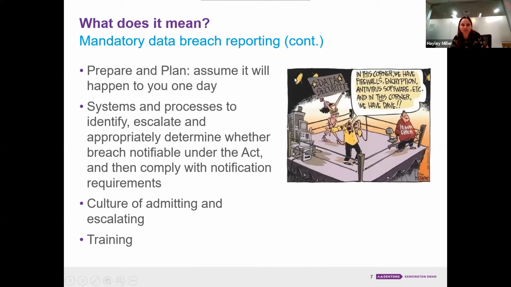So what do you need to do? What does this mean for your business? Absolutely, it's about preparing and planning. Everyone should just assume that it's going to happen at some point. You can have the greatest cybersecurity things in place, but often it's human error. So the more training you do, the more awareness you have, the better. But at the end of the day, often it is simply somebody having a bad day, and they take an action which, if they'd just taken 5 seconds longer, they may not have done.